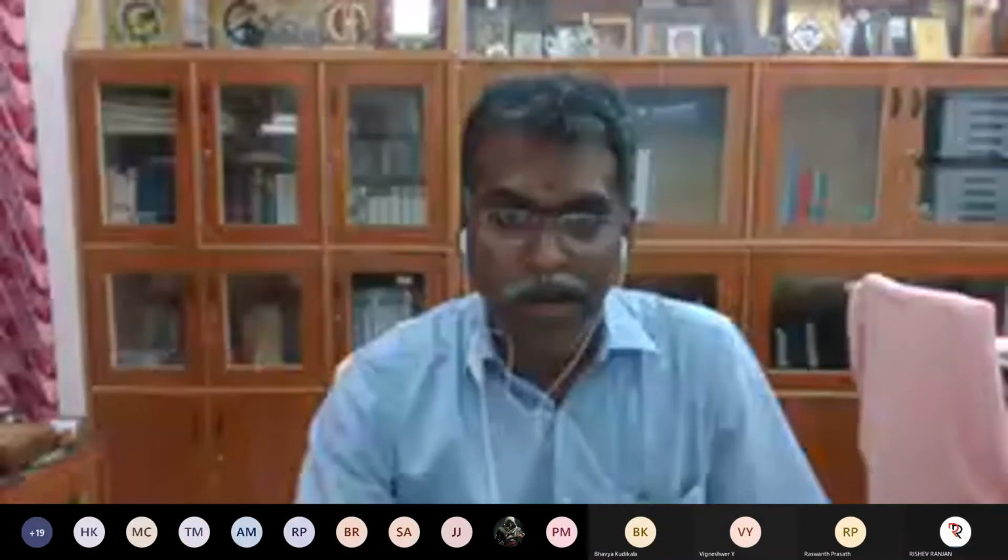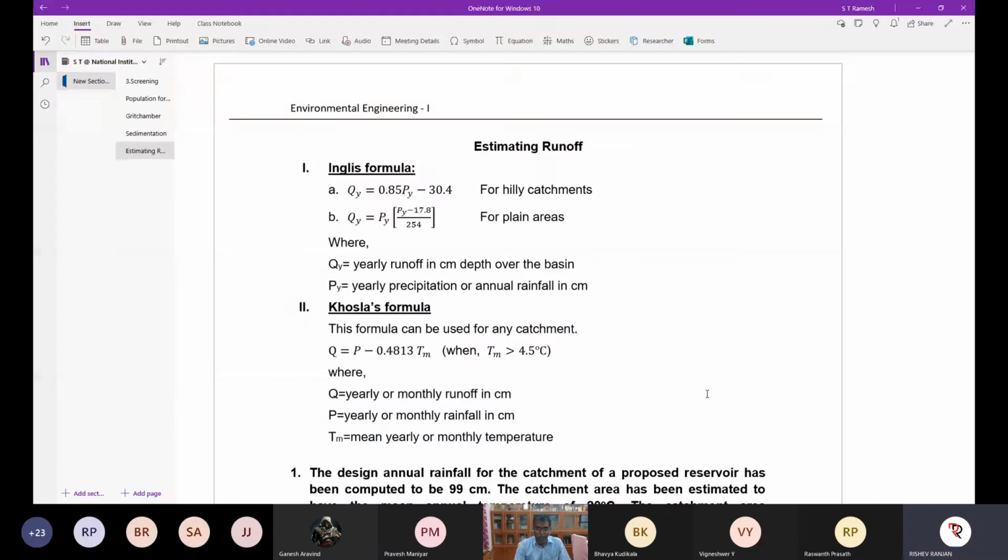This could be some part of derivation and the numerical problems related to estimation of runoff and calculating the groundwater velocity and the yield of a particular well. Okay, so now the sources you are already familiar with, the surface water sources and groundwater sources. Surface water, we have discussed river, lake, reservoirs and other things. In the case of groundwater, we have discussed wells, infiltration galleries and other things, and basic fundamental concepts.